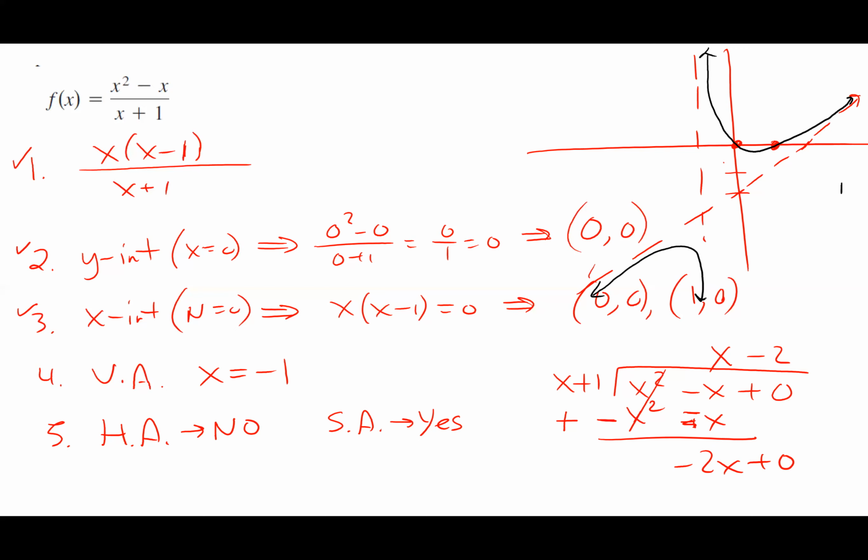How do we figure out where the slant asymptote